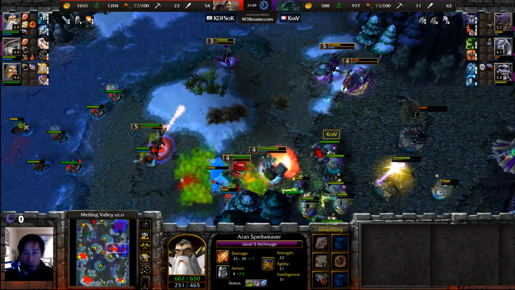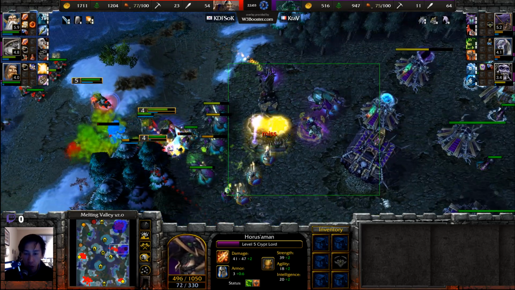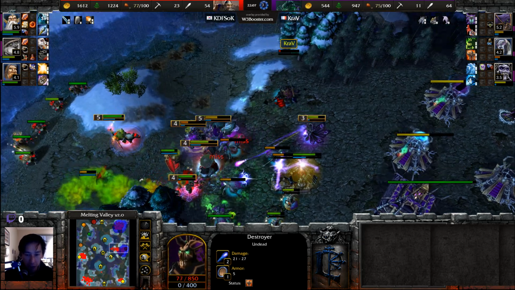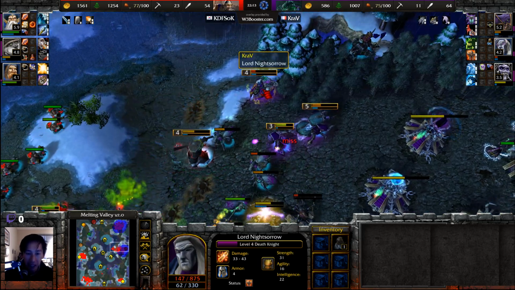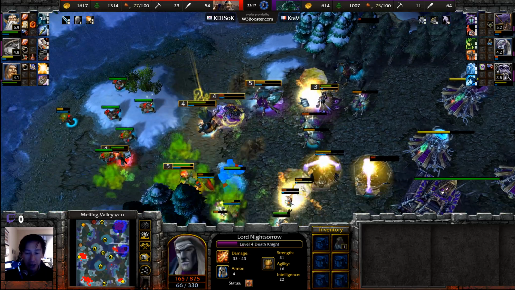But KraV here is going to be on one base now compared to two, so 14 gold a second compared to 7. All right, Destroyer has no way to easily get here. The Death Knight is getting lobbed attacks. He needs to use that Potion of Mana and use it effectively if he wants a fighting chance back in